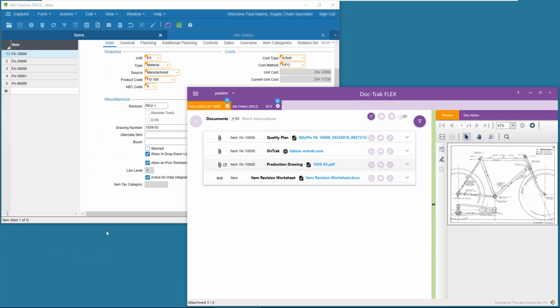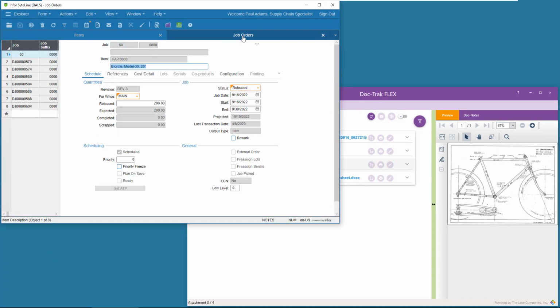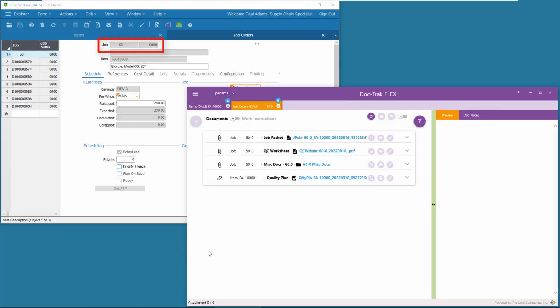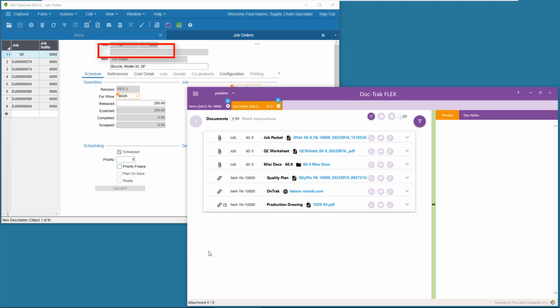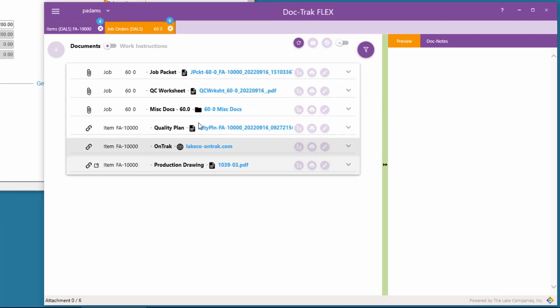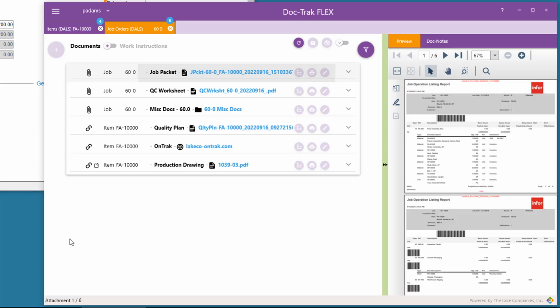Let's now go back to job orders and look at job 60-0, which is a job to make the same item FA 10,000. This job has a job packet report attached, as well as a QC worksheet.